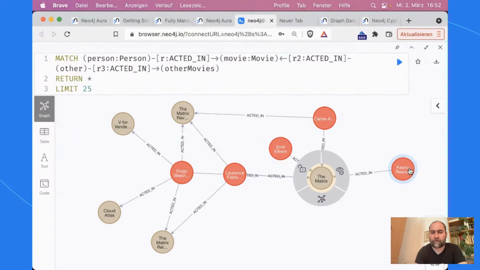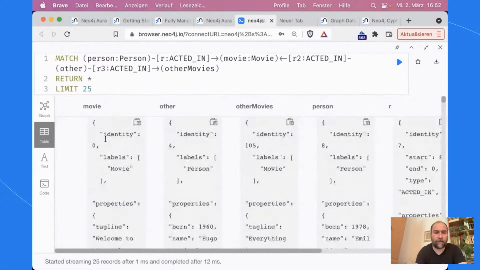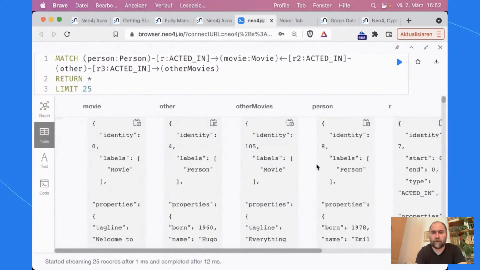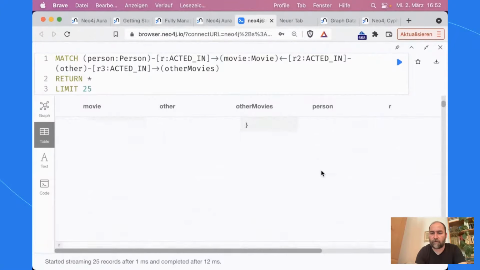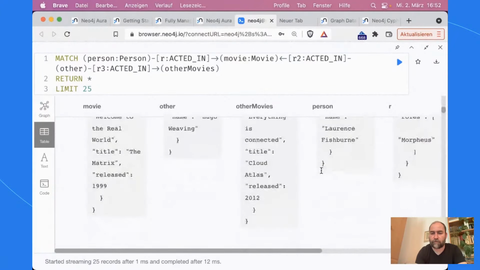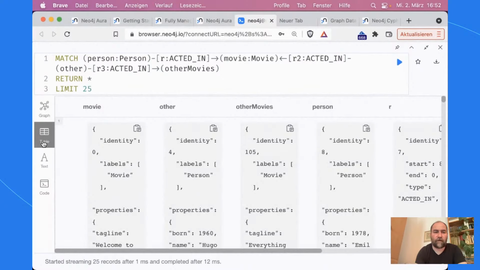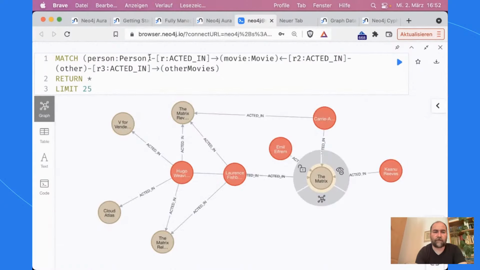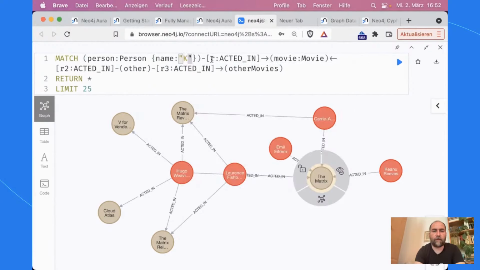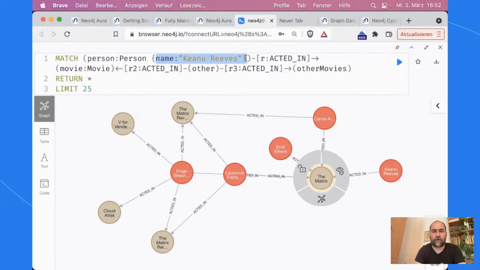Because I now try to figure out who's the starting point, I can also look at, of course, the table representation, and I would see that my start person would be Emil once, and then Keanu Reeves or something like that, Laurence Fishburne. But I can also say what I want to be the start person. So there are 2 options. First option is I just put in curly braces here and say name: Keanu Reeves. So with a JSON-like syntax where I put curly braces and then key value, and then for Keanu Reeves I get these